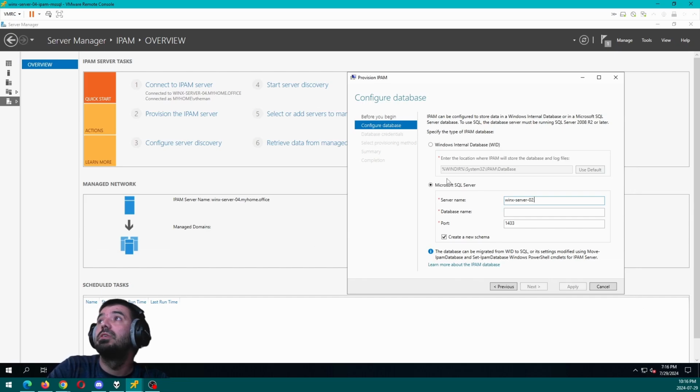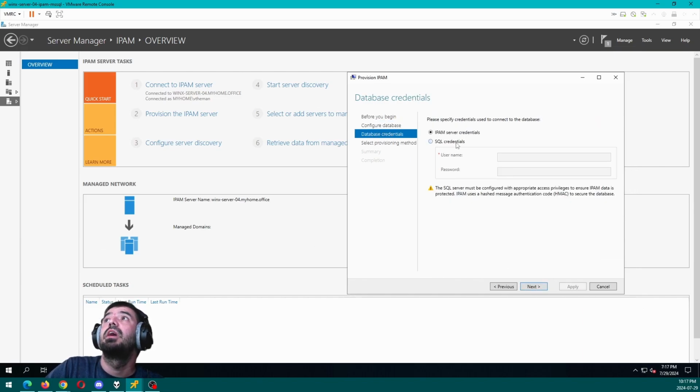So it's 03.myHomeOffice, and then for database name, we're just going to call it IPAM2 because they already have an IPAM database, and that was with getting everything that needed to be taken care of. We're going to leave the create new schema option for the setup. Then we're going to click on Next, and we're going to provide